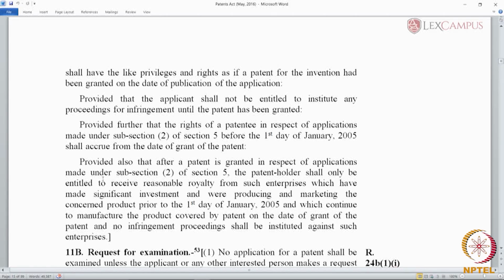So, till 2005 nobody is going to know what is there in the mailbox, and that is the reason some people call the mailbox the black box. You do not know what is there in the mailbox. A normal application gets published after 18 months, but a mailbox application gets scrutinized only after it is taken up for publication post 2005. Now, this arrangement could lead to certain tricky situations where generic companies in India were already